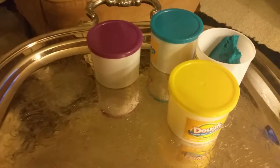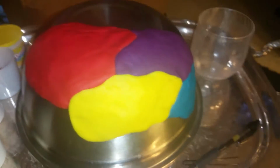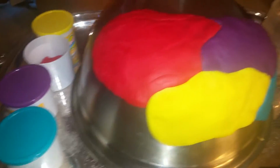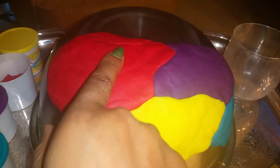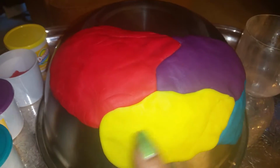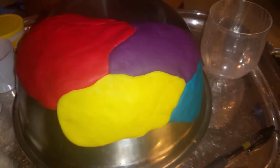These are my materials. Play-Doh. So as you can see, I've got my general outline done with my Play-Doh, where I've got my frontal lobe, my occipital lobe, my parietal lobe, and my temporal lobe. I will attempt now to